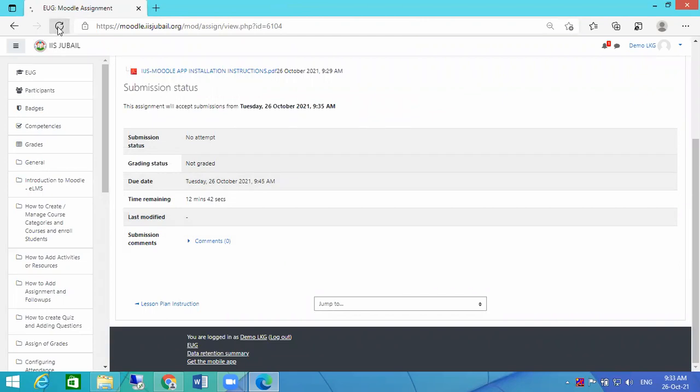So just refresh it. Again, you can see the time is decreasing here. So still we have 2 minutes to open the assignment. So still you cannot see that assignment submission button here. So just refresh your page and you can see the changes. Are you able to see it or not? Any doubt till then, in these 2 minutes, you can ask me.